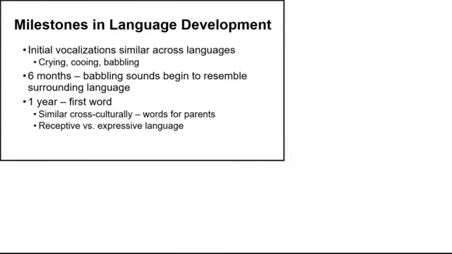So we can look at our milestones in language development. With developmental psychology, we basically like to look at how people progress from birth onward and where they tend to be ability-wise at different ages. So for language development, we'd be focusing on what individuals are typically capable of at different milestones, at different ages. We see that at birth, we have our initial vocalizations, and this would be crying and cooing